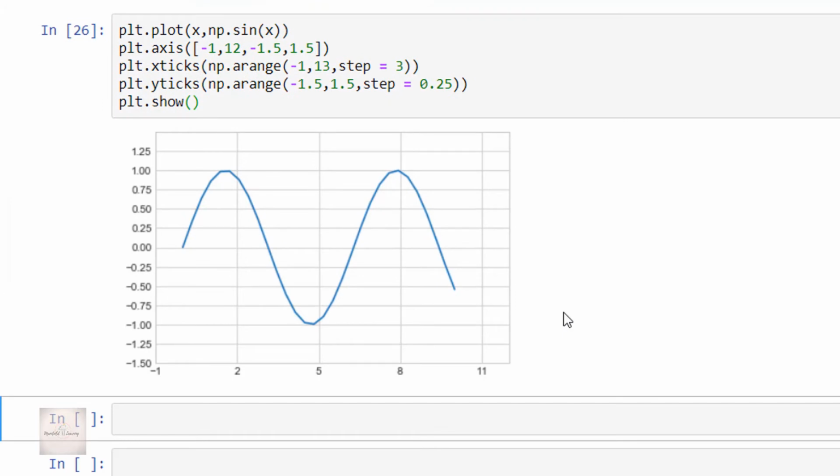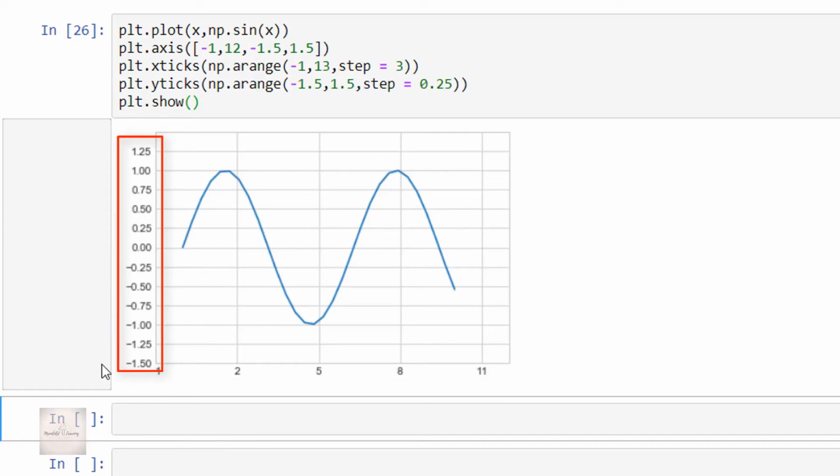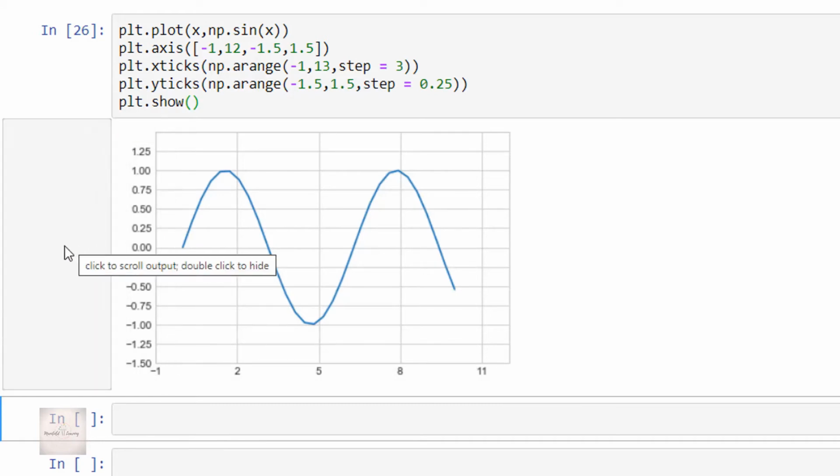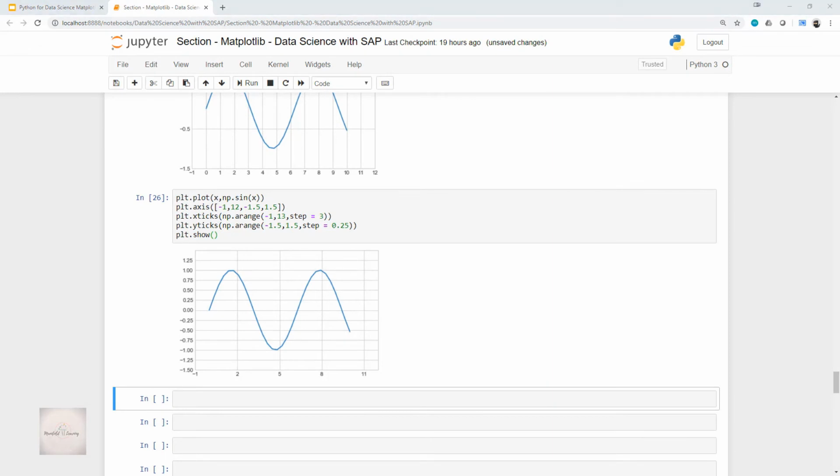See, observe, we got the expected output, and here the step size for the x-axis is 3, and the step size for the y-axis is 0.25. Fine. So guys, this was all about xticks and yticks, and we also understood how we control the axis limits.